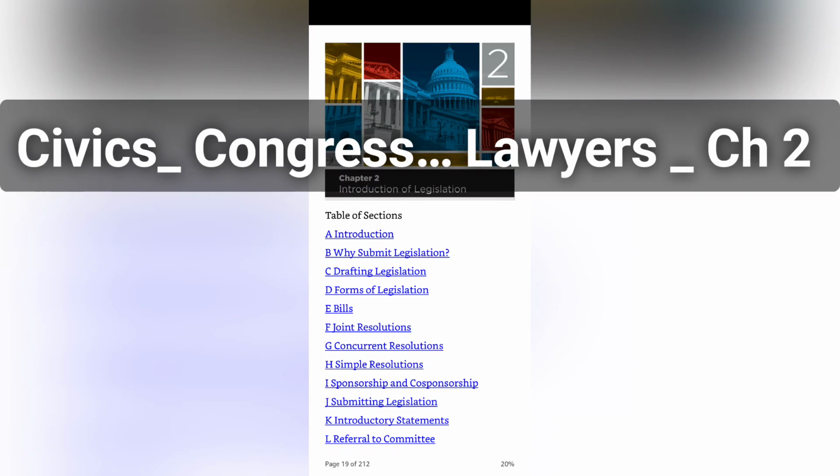Measure introduced in the Senate. Measure referred to committee, which holds hearings and reports measure to the Senate. Leadership schedules measure for floor consideration. Senate debates and can amend measure. Senate passes measure. Measures must pass